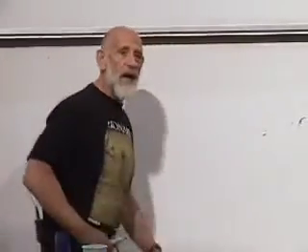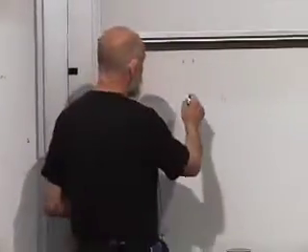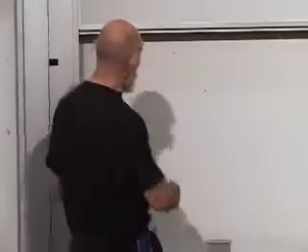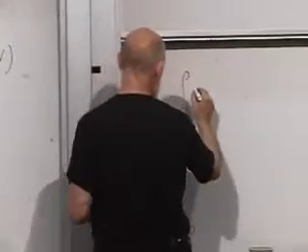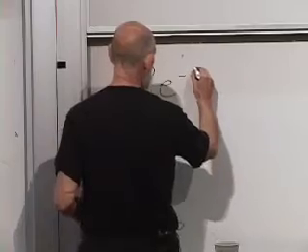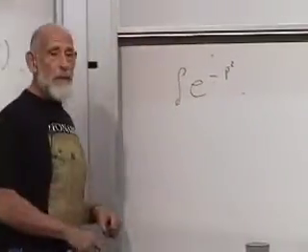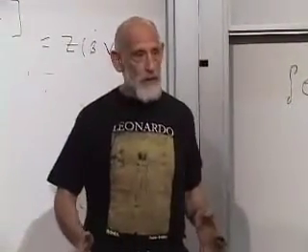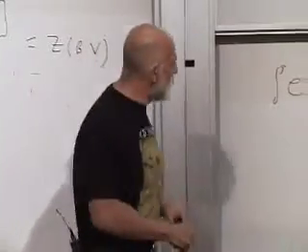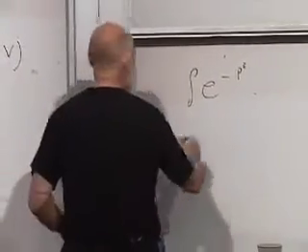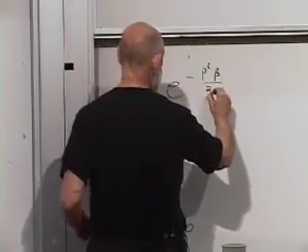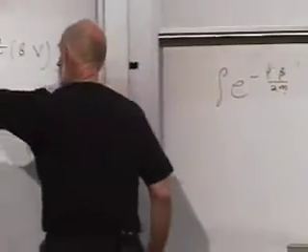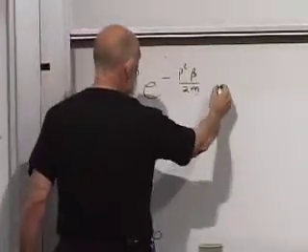There are 3N identical integrals. In other words, it's the 3Nth power of a basic integral. The basic integral is a one-dimensional integral, e to the minus p squared. Now p squared does not mean p_x squared plus p_y squared plus p_z squared. It just means a one-dimensional variable. e to the minus p squared beta over 2m, integrated dp.